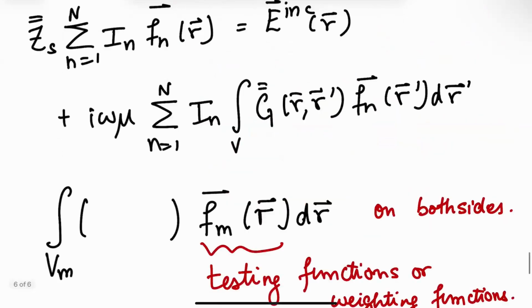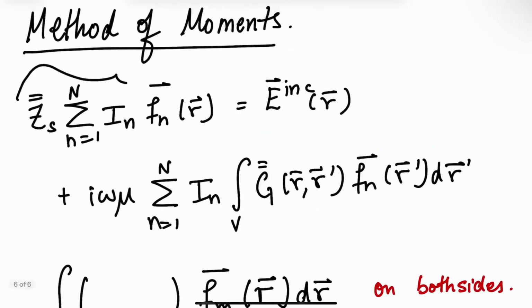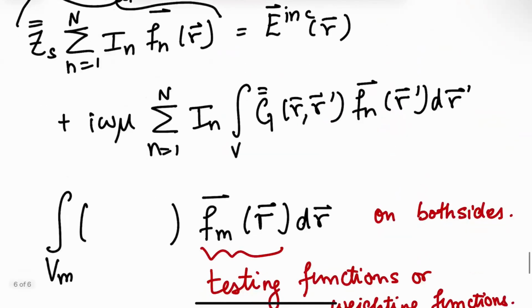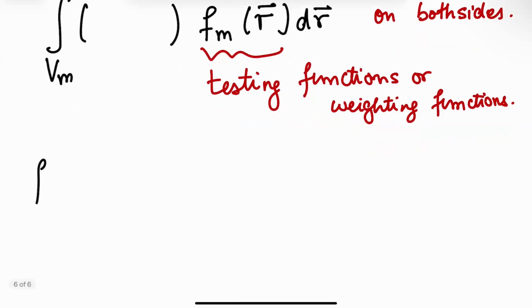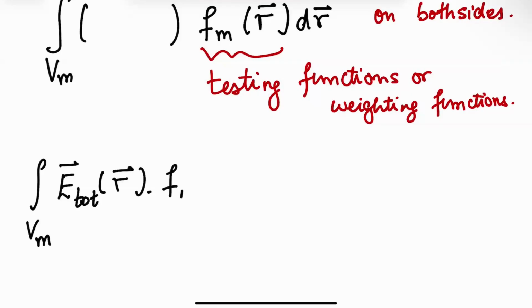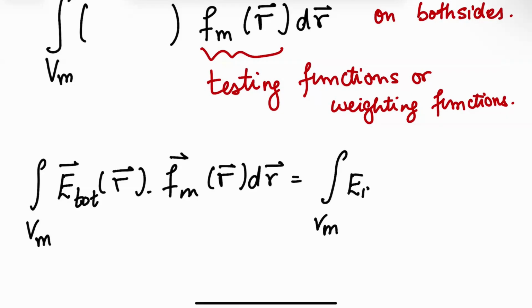Okay, so just for simplicity's sake, I'm going to call the left-hand side E total, which is what it is really, right? So once I apply this, then what do I get? I get the volume integral over M of E total at r dot Fm, so zero vector dot product at r, dr, is equal to the volume integral over M of E incident at r dotted with Fm r dr